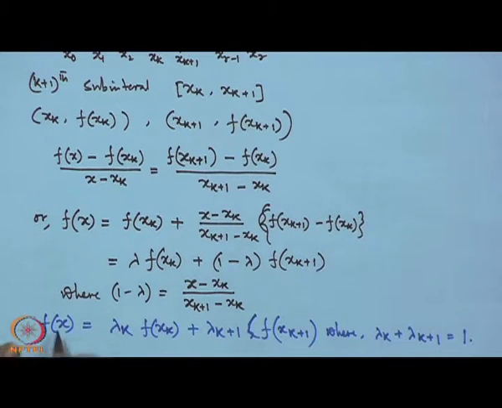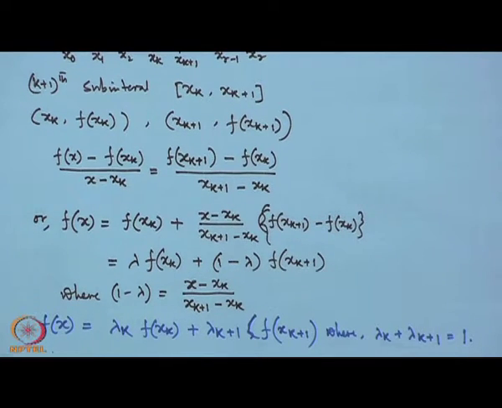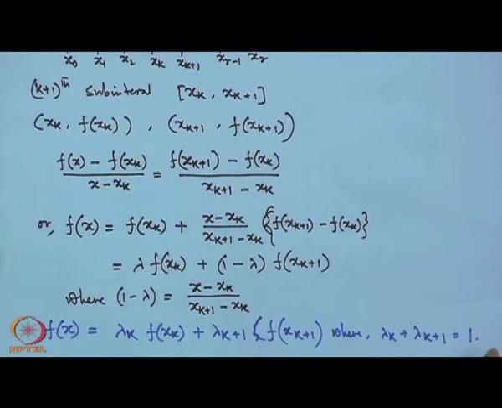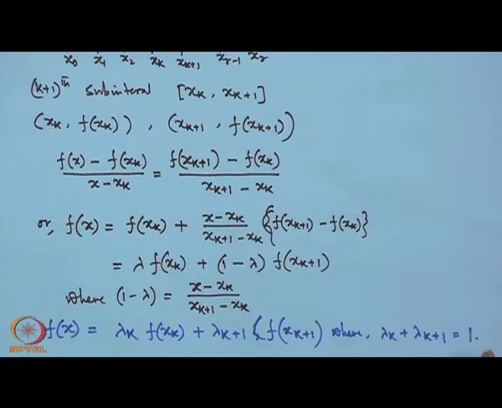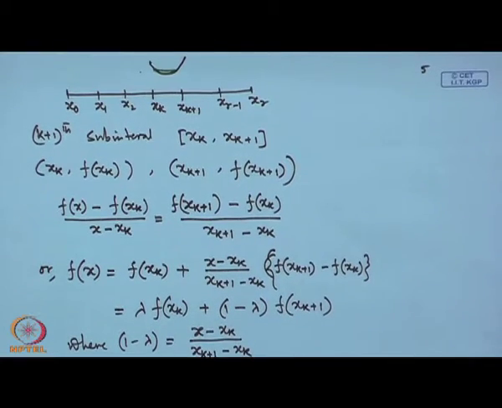Thus, we can say f(x) is being expressed as a linear function very nicely. We have considered just one subinterval. If we extend this, just as we did for x, we extended that for 3 grid points, and for r plus 1 number of grid points, the similar way we can do it